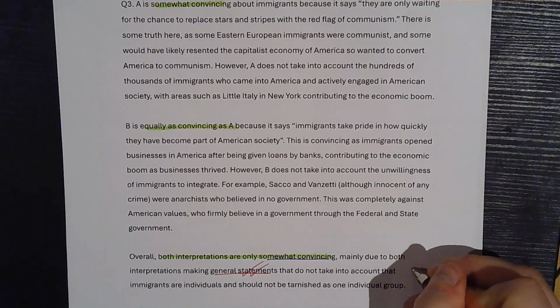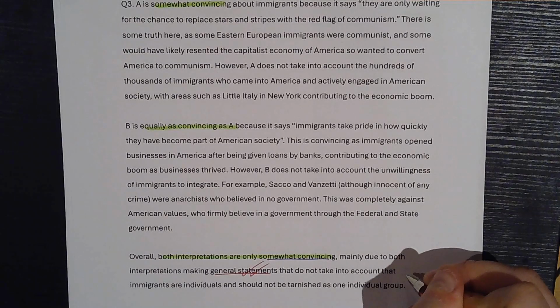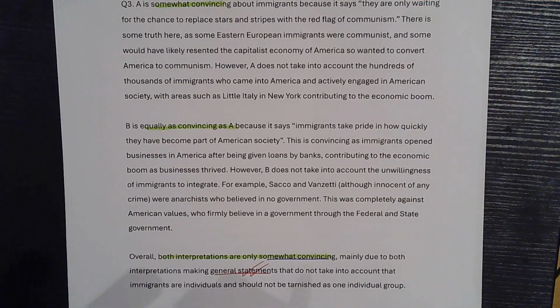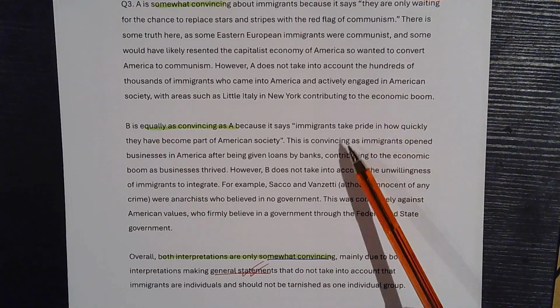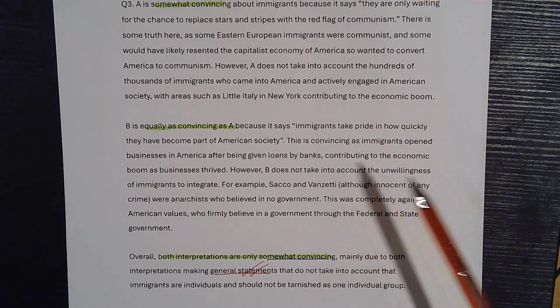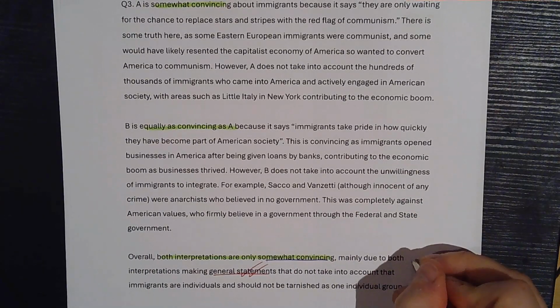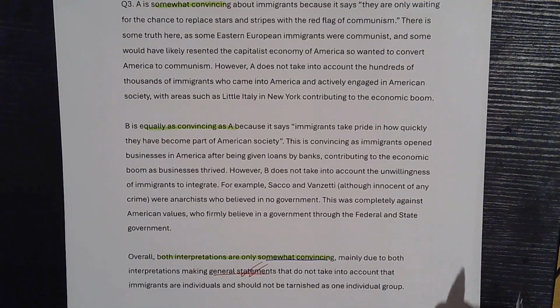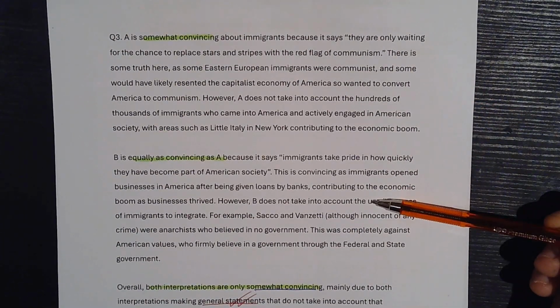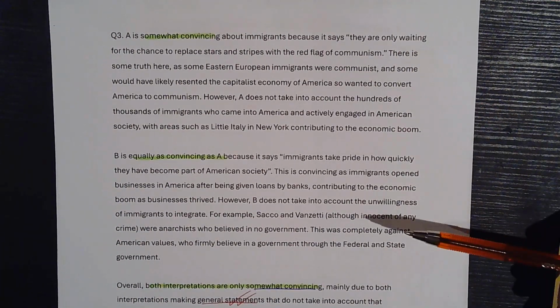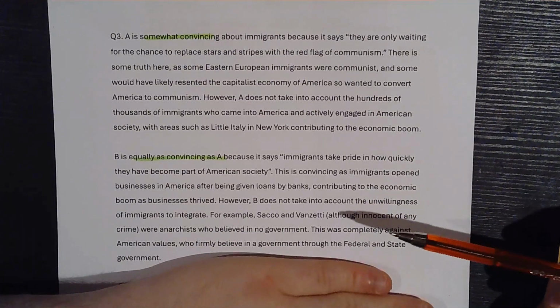Again, a very high level skill, just basically saying that these immigrants have been grouped together, they're not being taken as individual people, and that shouldn't happen, and that you can't just say all immigrants are bad because of a couple of examples, or you can't say all immigrants are good because of a couple of examples. A very high level skill that I would say try if you feel like you've got these 2 paragraphs down, excellent. However, if you reach 10 minutes and you're up to this point,